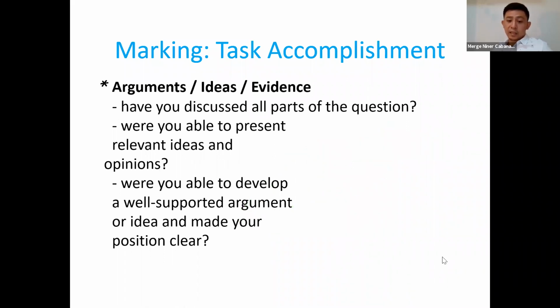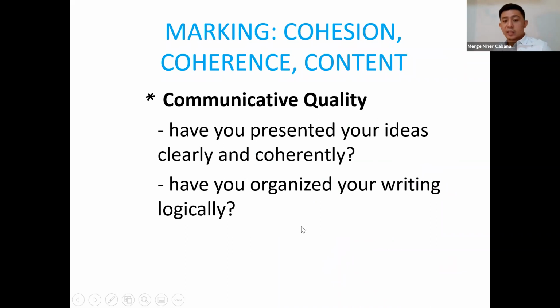Okay, next. Coherence and cohesion, the communicative quality of your essay. So you have to present your ideas clearly and coherently. So there is a manner in which you can present your ideas clearly in a very coherent manner, and that is what we're trying to adopt. That's what we're trying to accomplish. All right. We also need to organize your writing logically, and the organization of your writing depends heavily